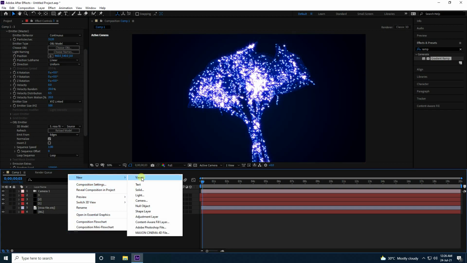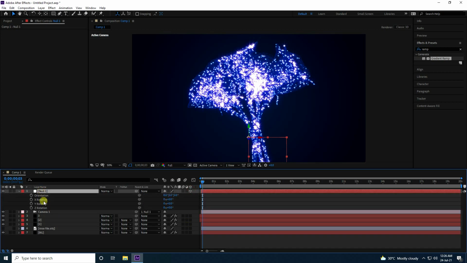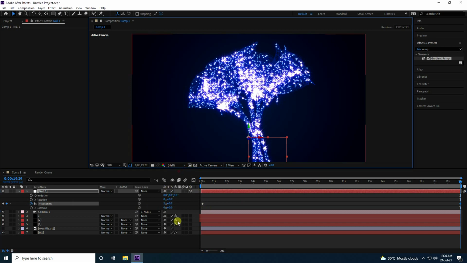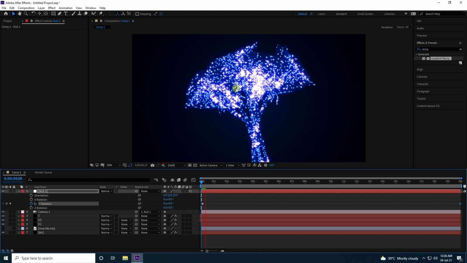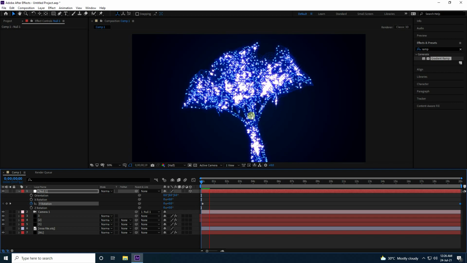Now I create the rotation animation. So use a null object and select this camera and make it a child of the null. Yeah, guys, select this null and turn on 3D. So press R for rotation, and guys, click on Y rotation and go to the last one and for Y rotation, take 2. Yeah, and guys, I take auto resolution and play. Yes, see guys, that's my particle rotation effect, and that's really beautiful guys, right?